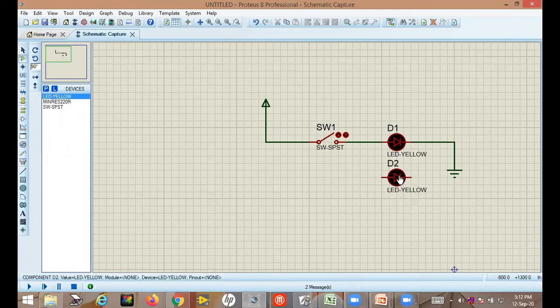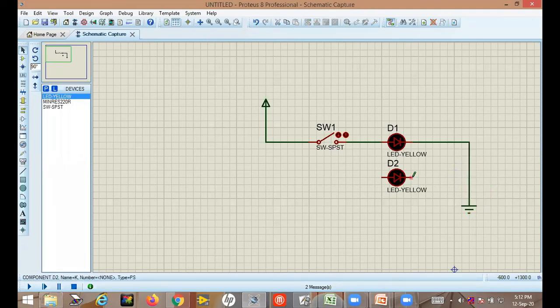Now I will select this part and drag it down. I have made this space here.